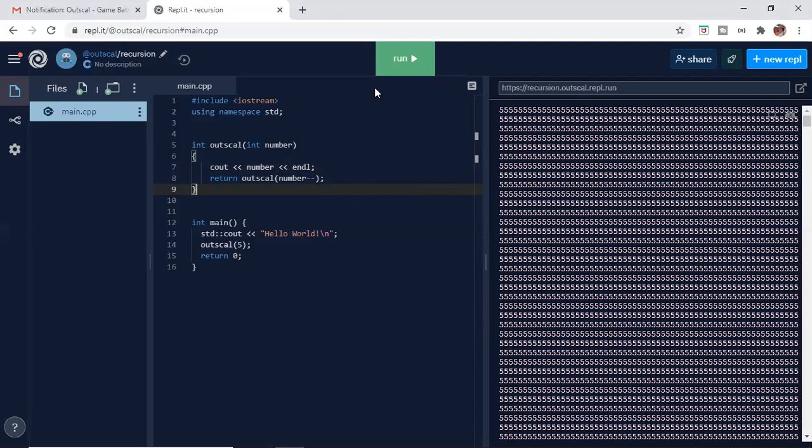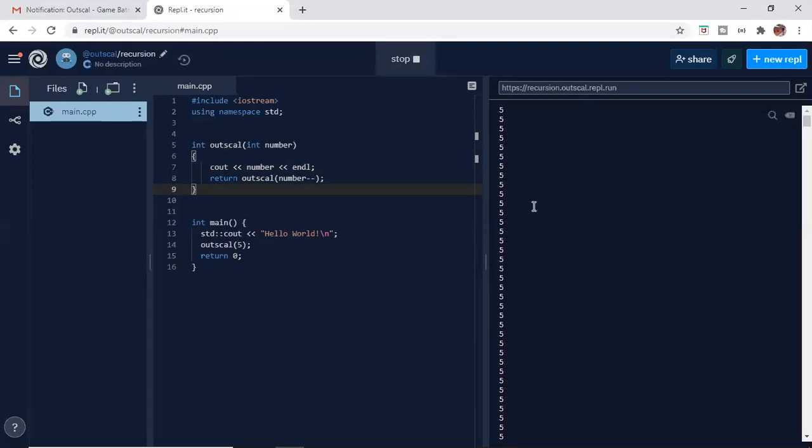मेरे हिसाब से तो जाएगा। नहीं, वो नंबर नहीं होगा आई थिंक। क्यों नहीं होगा? नंबर डिक्रीमेंट मैं चला रहा हूँ। आई एम रनिंग इट अगेन। क्या हो रहा है? डिक्रीमेंट हो रहा है, बट वो वैल्यू तुम पास नहीं कर रहे हो। एक्चुअली डिक्रीमेंट हम बाद में पोस्ट डिक्रीमेंट कर रहे हैं। सो वी आर कॉलिंग द सेम वैल्यू ऑन दैट एंड इट इज अगेन गिविंग द 5। ये 5 4 3 2 1 0 -1।